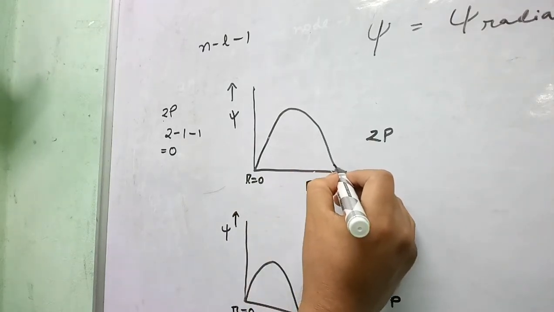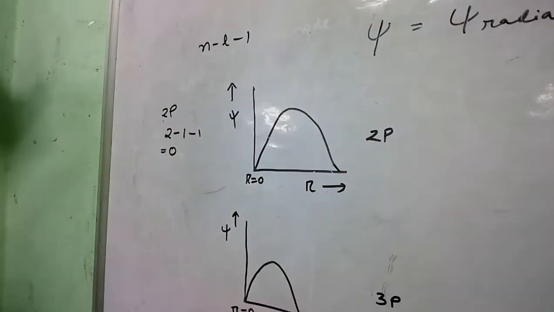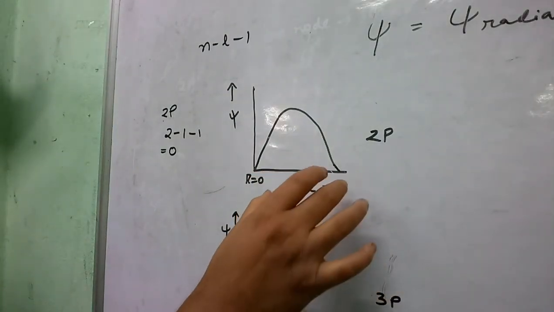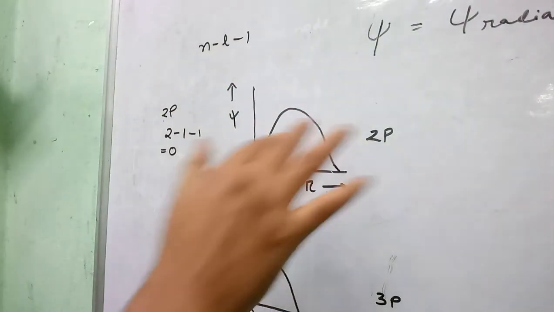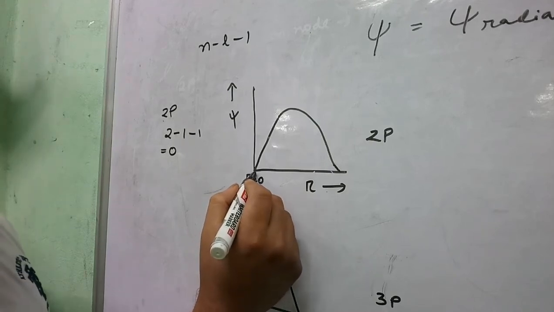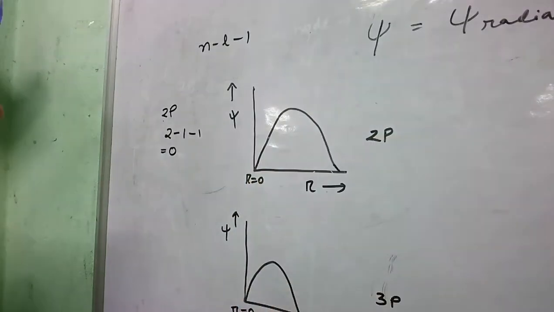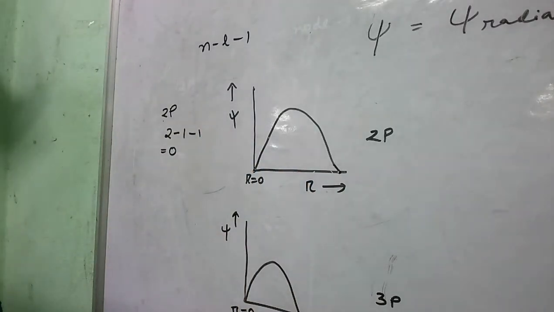Now, if we plot a graph between wave function and radius for 2p orbital, we will get a graph like that. Here, along x-axis we have plotted the radius, and along y-axis we have plotted the wave function psi. This is a graph for 2p orbital. At this point, radius is 0, that means it is nucleus, and when we go along x-axis, we are actually moving along the radius. From the graph, at these 2 points, the wave function becomes 0. That means the probability of finding an electron is 0 at these 2 points. So, these points look like nodes, but actually these points are not nodes.